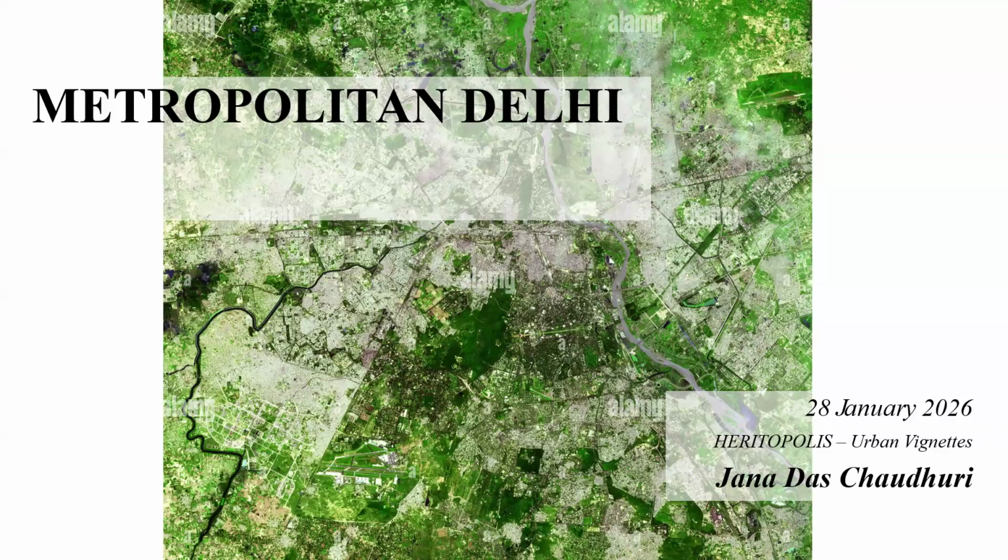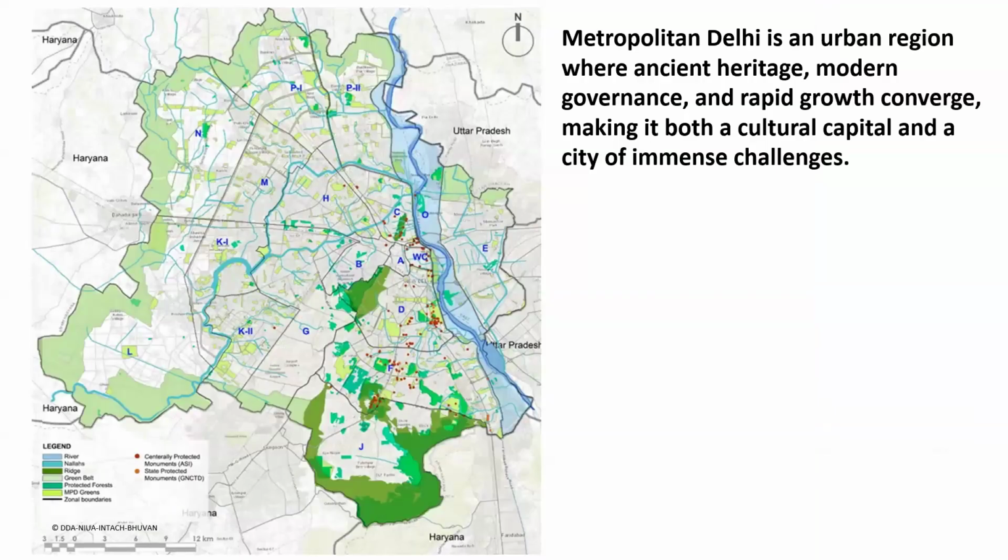And yes, a little snapshot of metropolitan Delhi. I'd like to talk about the metropolis and heritage of Delhi. So, Delhi being a metropolis is a region where ancient heritage, modern governance, and rapid growth converge, making it both a cultural capital and also a city of